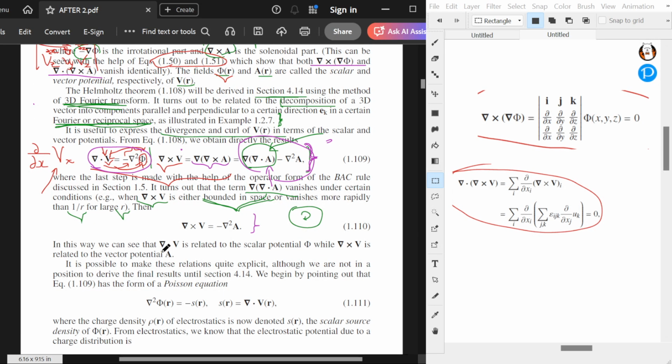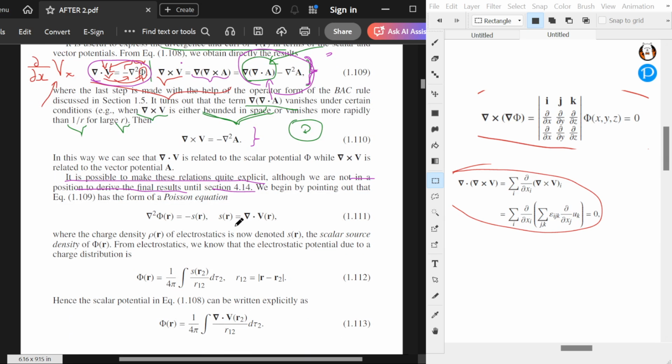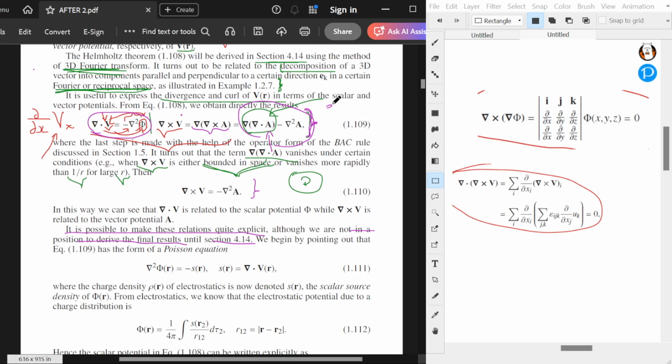In this way, we can see that the divergence of V is related to the scalar potential, while the curl of V is related to the vector potential. It's possible to make these relations quite explicit, although we are not in a position to derive the final results until section 4. We begin by pointing out that this messy thing that I have made messy